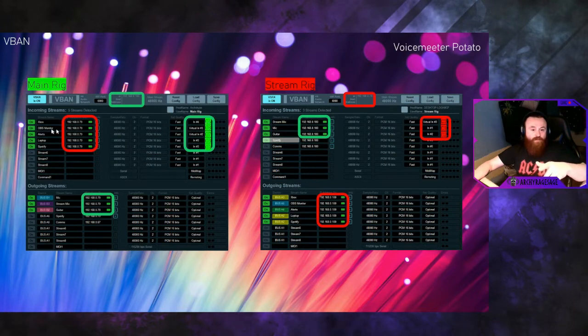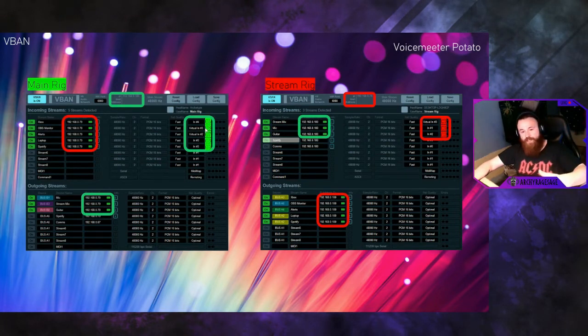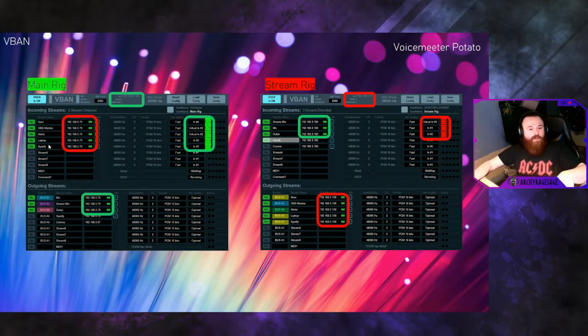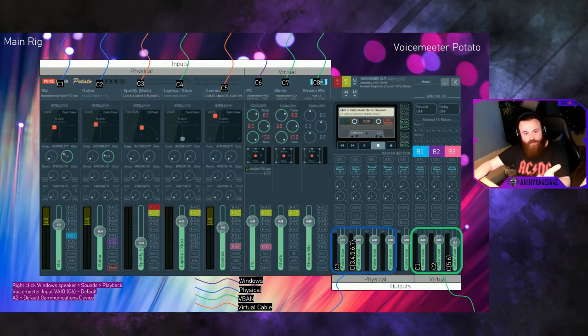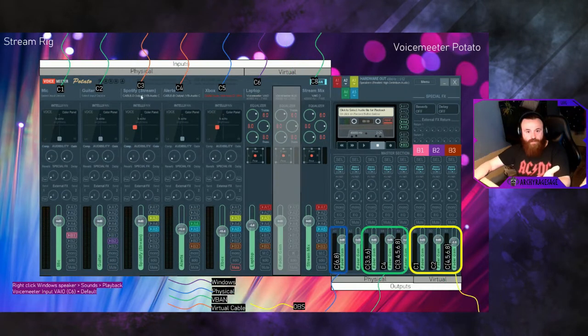Okay, C4. OBS monitor, it's called OBS monitor here, it's the main stream mix. That's virtual 3, which is VAIO3 or C8. Okay, same with alerts, virtual 2. And then laptop and Spotify, I've got them coming from, so here, laptop Xbox, that's receiving the laptop, the Xbox, and the Spotify stream. Okay, those 3 things are going into that one